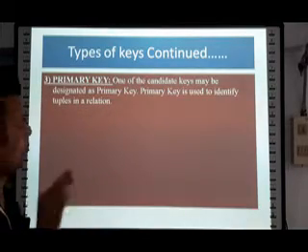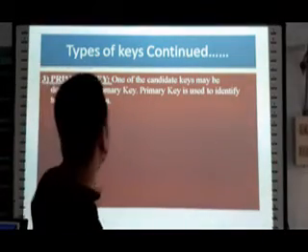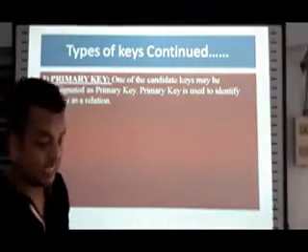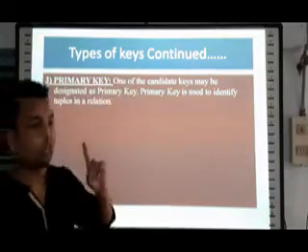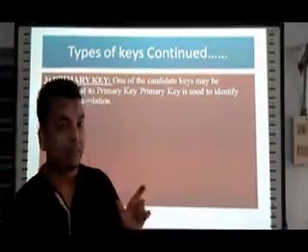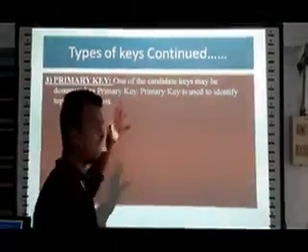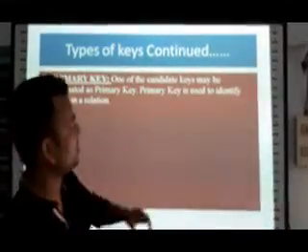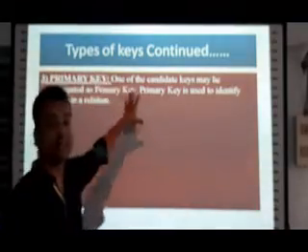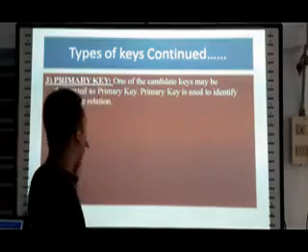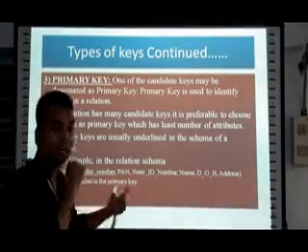Then apart from this, one most important type of key is there in a relational model, which is the primary key. Now, the main purpose of primary key: each and every relation should be having one primary key. We need to declare one attribute as the primary key, and that will uniquely identify a tuple in a relation. See, all these keys are similar, but still many differences are there which we need to learn. So this is one of the most important concepts. It is generally asked in the examination as well. What is the concept of primary key? Aadhaar number as the primary key.